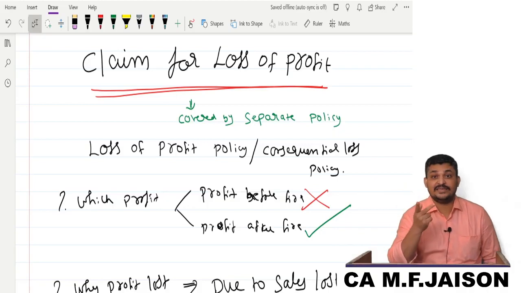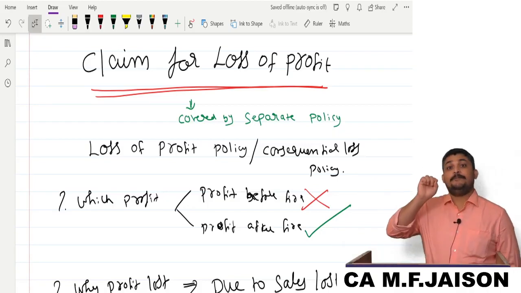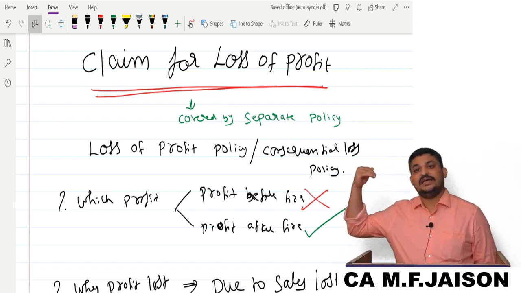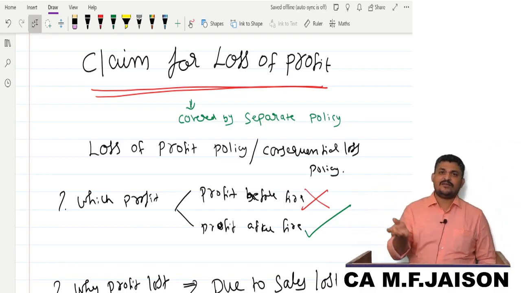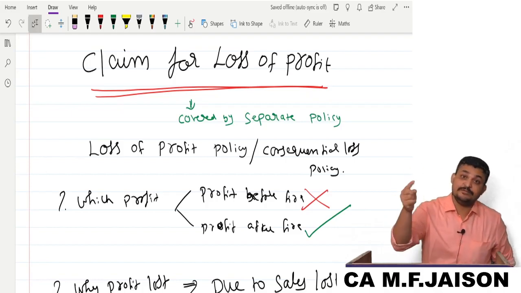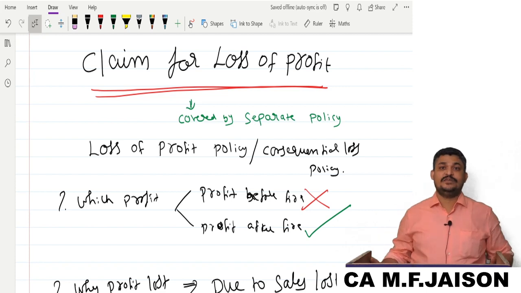What if there is loss? Then insured standing charges minus net loss into insured standing charges divided by total standing charges. Super. What if GPR is already given? Can we take that GPR as it is? No. That is the trading GPR.